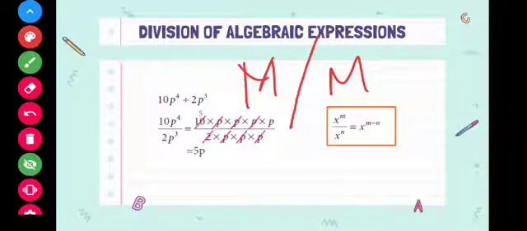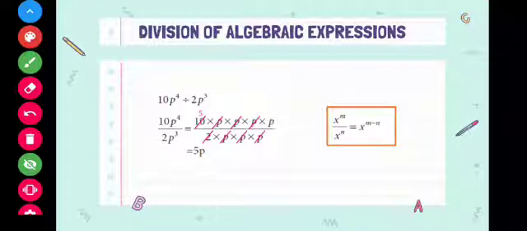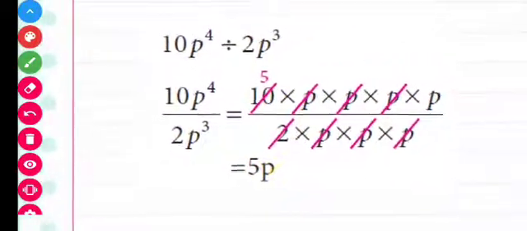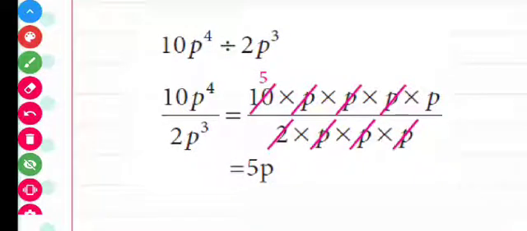Okay, so we have 10p⁴ divided by 2p³. See here, 10p⁴ divided by 2p³. In this, p⁴ can be written as p into p into p into p, that is, p written 4 times. And p cube can be written as p into p into p, 3 times you have to repeat the p one after the other. So hence 10 by 2 you can strike out, and you know the actual division way,